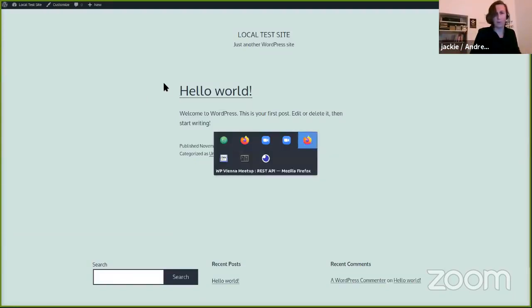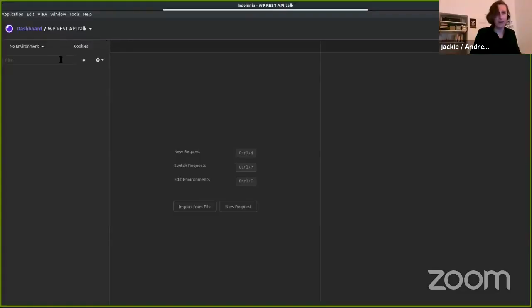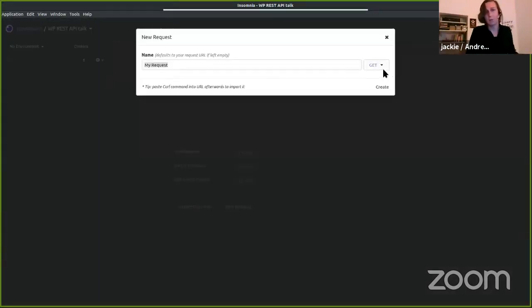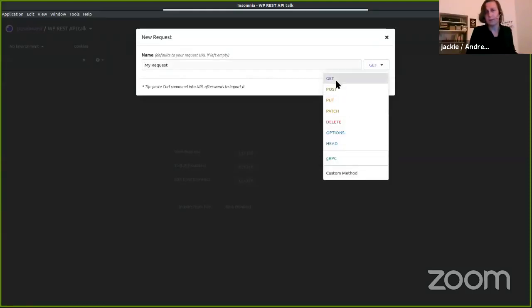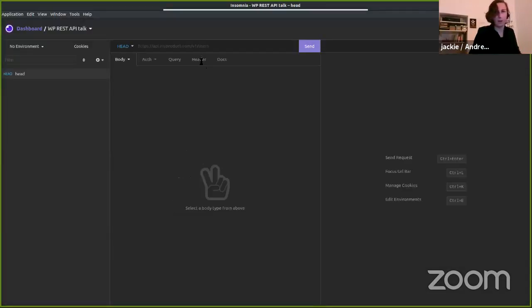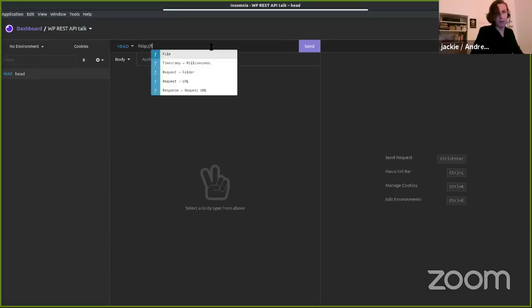So what I do is I open up my API client and I create a new GET request. Or no, the first thing we said, we just do a head request. So because we want to know where is the API endpoint. And we do a request, in this case on HTTP localhost.